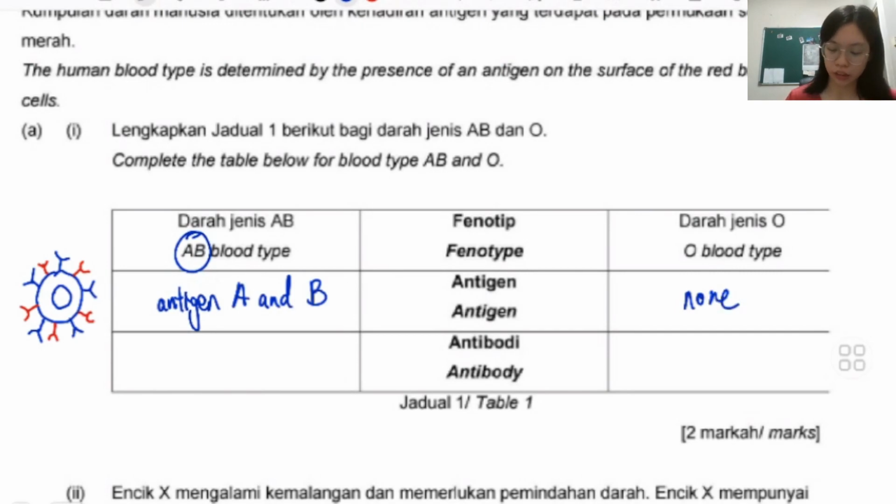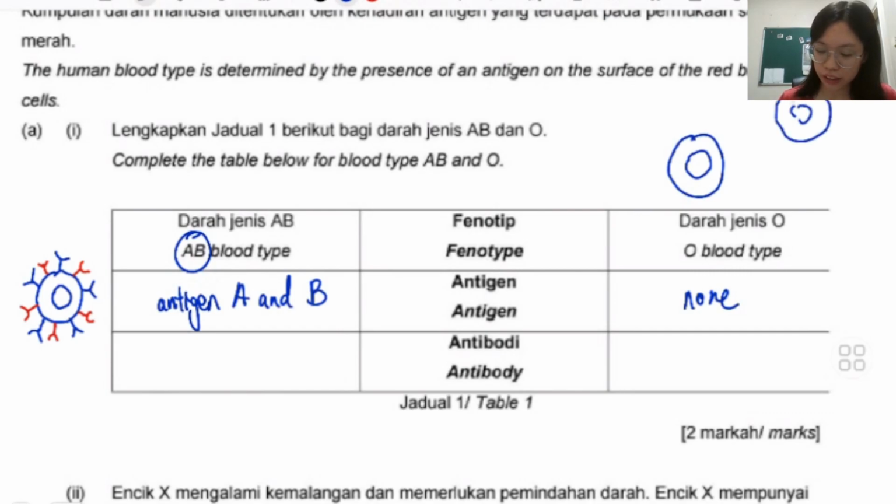No antigen present on it. And what about the antibody? So this part is where students get confused a lot. So O blood type is the naked one, the one that doesn't have antigen. So when it detects, since it doesn't have any antigen,